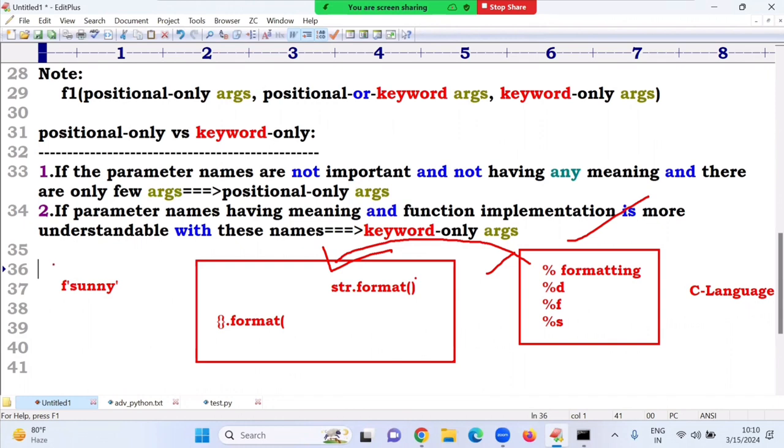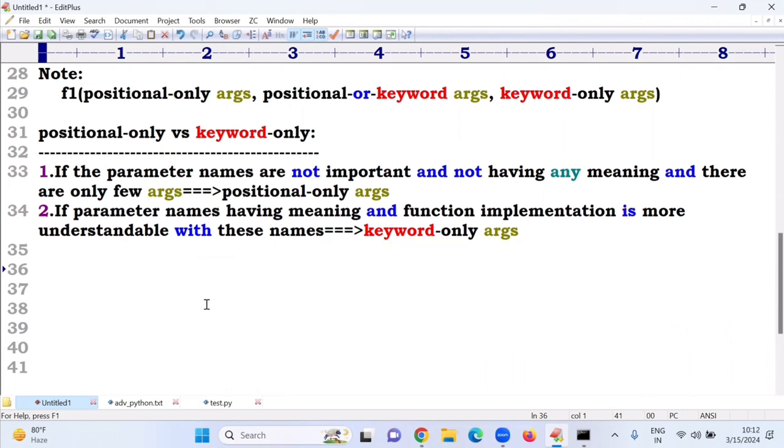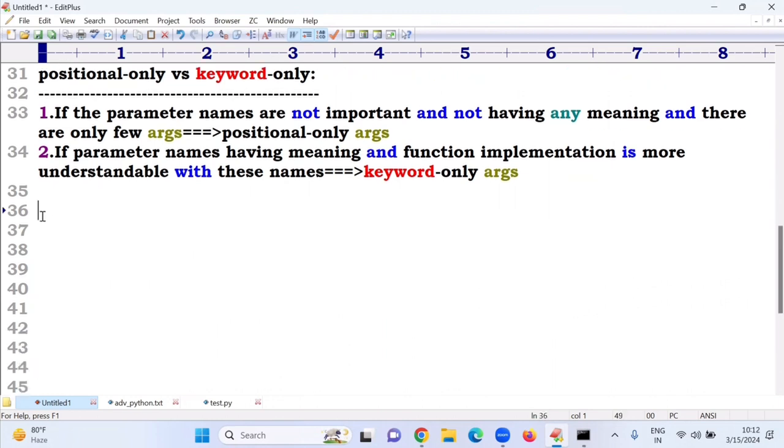Nowadays, have you remembered in our Django classes, populate.py, I'm using print F single quotes as the last sentence. That is called as F strings in populate.py file. Whenever I'm inserting records, the last statement saying records inserted, in the print statement I'm using F strings only. Presently everyone is using F strings only. Performance wise very fast, and memory occupied is very less. Such a type of strings are called as F strings, or we can call it as formatted string